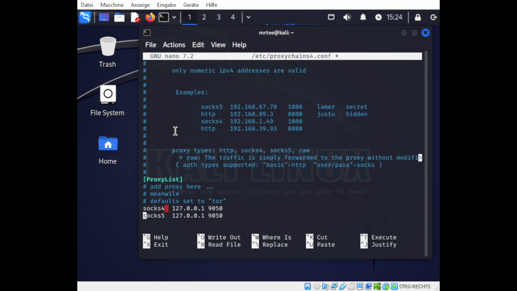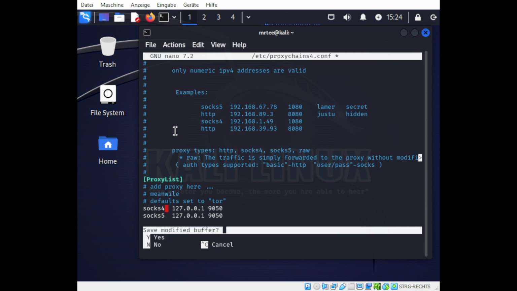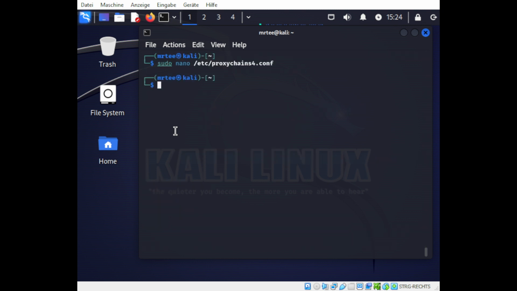Why is that? Maybe in another video, but for right now, just copy this line, and hit Ctrl S for saving, and then Ctrl X to exit. No, I don't want to modify. Let's clear the screen with Ctrl L, and then we can check if it can be run right now. So we can type in service tor status,